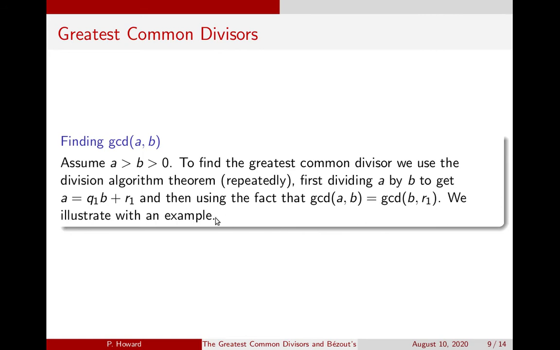So assume A is greater than B and both A and B are positive. To find the greatest common divisor, we are going to use the division algorithm repeatedly. We will first divide A by B. That will give us A equals a quotient times B plus a remainder. And then, using the fact that the greatest common divisor of A and B is the same as the greatest common divisor of B and R1, B and the remainder,